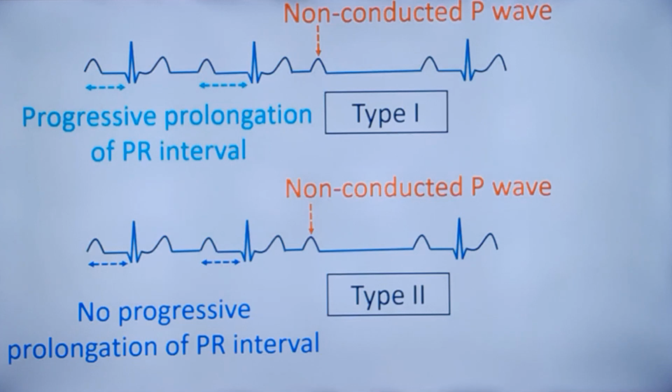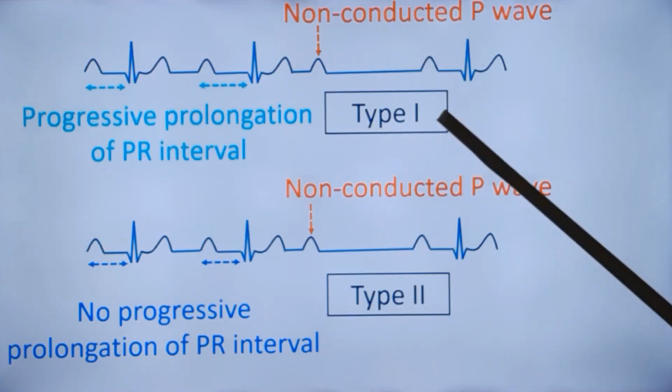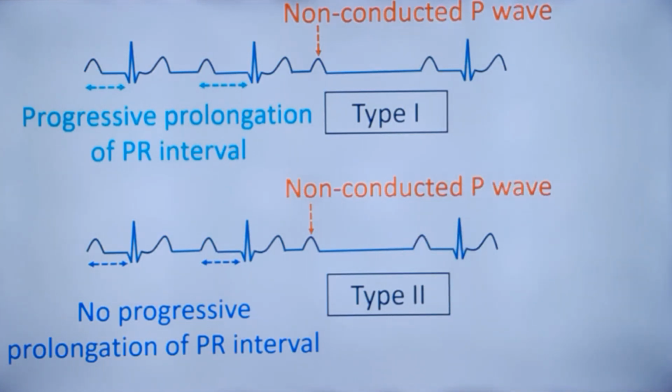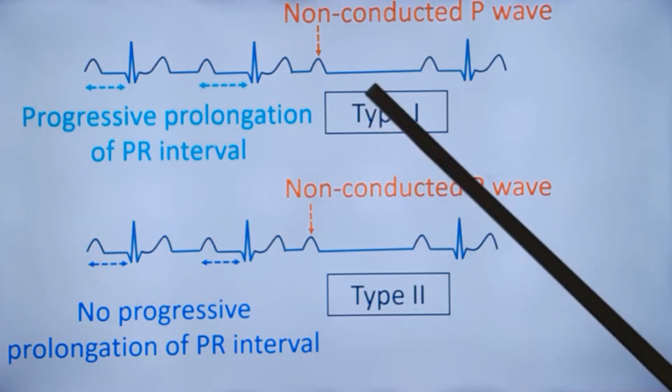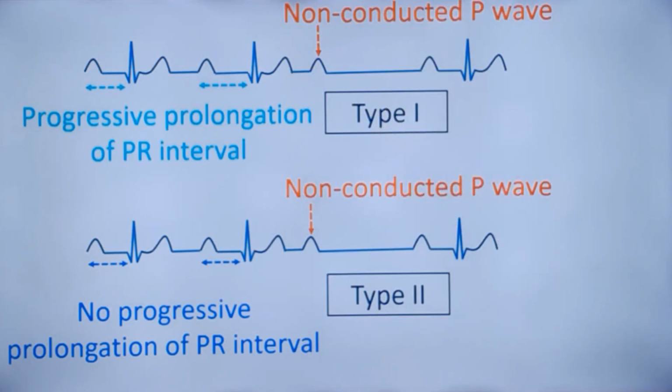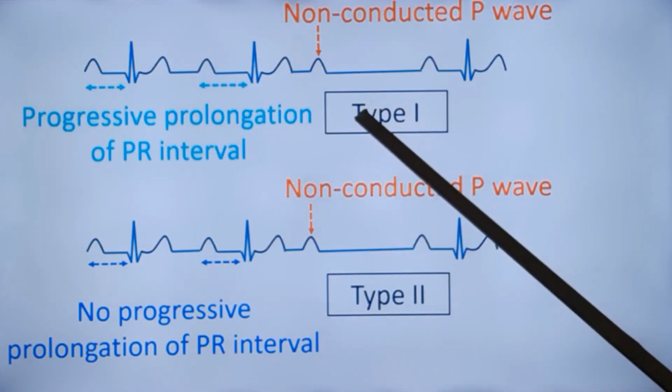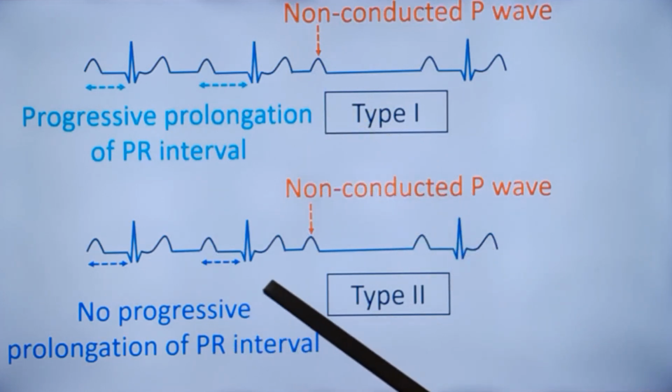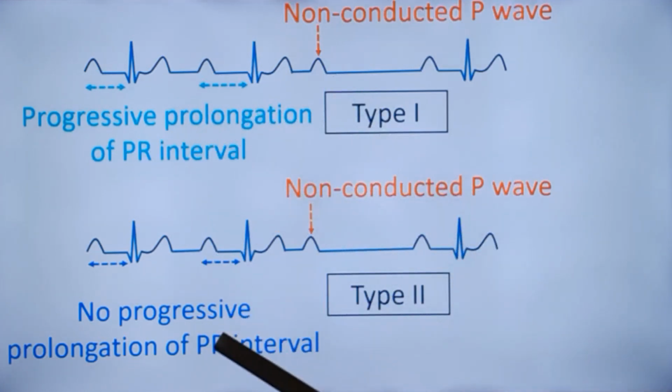This diagram illustrates type 1 and type 2 of second degree AV block. These are the Mobitz type 1 and type 2. Mobitz type 1 is also known as Wenckebach AV block. Type 1 is usually AV nodal block because decremental conduction is usually a property of the AV node. While in type 2, it is block below the AV node, typically in the bundle branches,